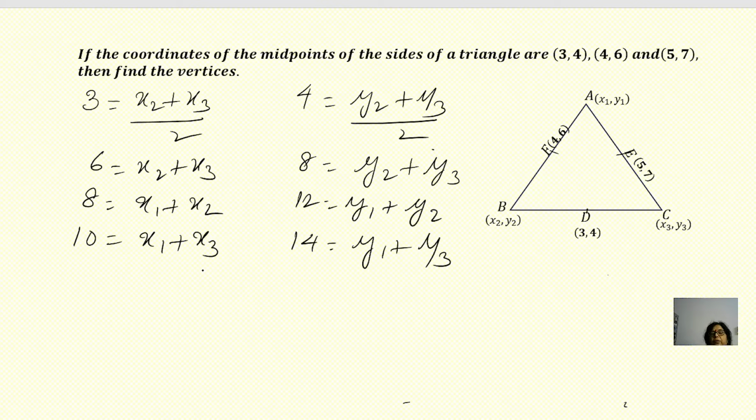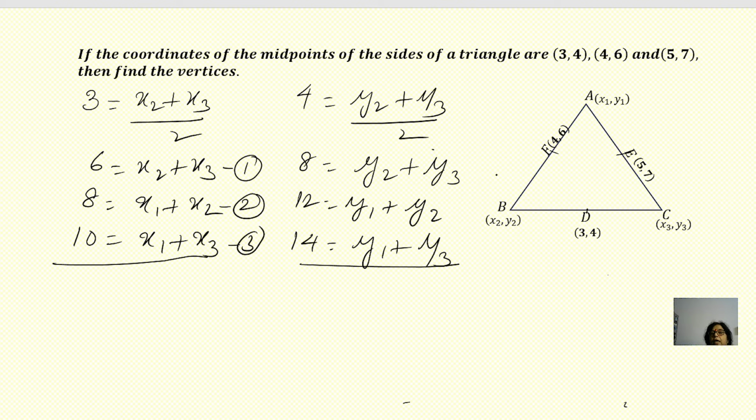Now we get three equations in terms of x and three equations in terms of y. So let us add all the equations in x and all the equations in y separately. This is equation number 1, this is equation number 2, this is 3, this is 4, this is 5,